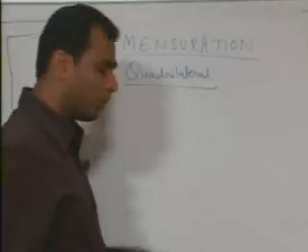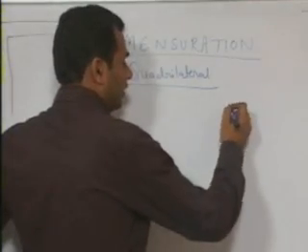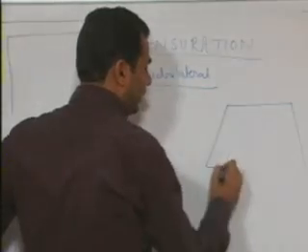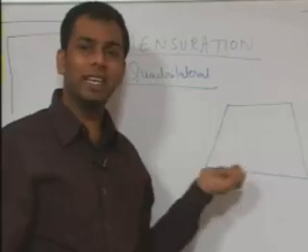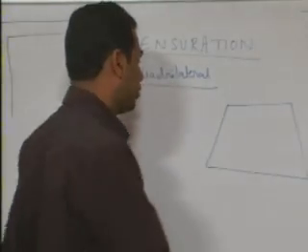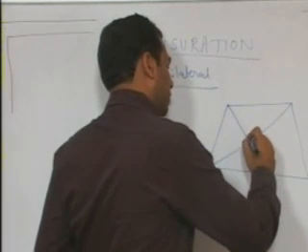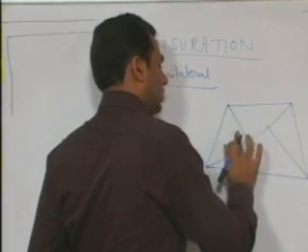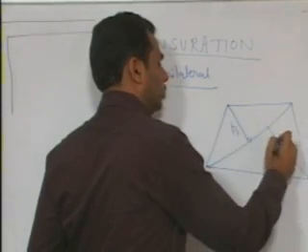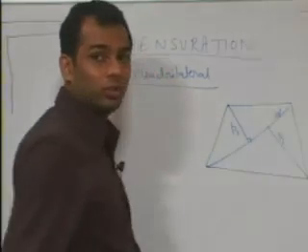Now what happens in the case of a quadrilateral is that any four-sided figure is a quadrilateral. Now the thing is how to find its area. So for the area of the quadrilateral, for example, if I join this diagonal, and draw lines which are perpendicular, let's say P1 and P2, and let's say the length of this diagonal is D. So the area of the quadrilateral